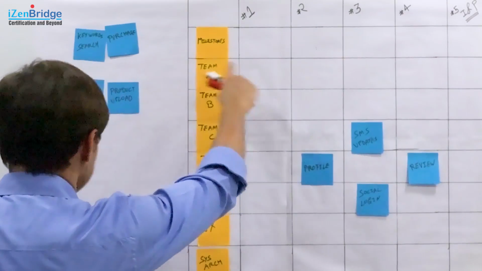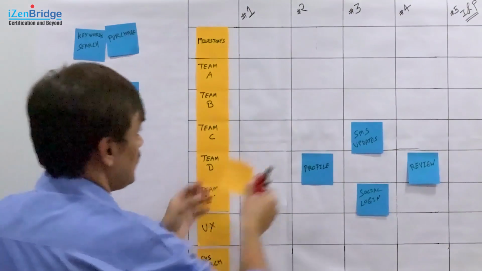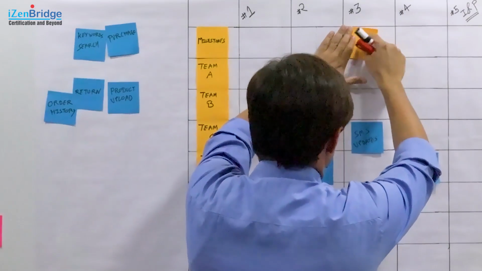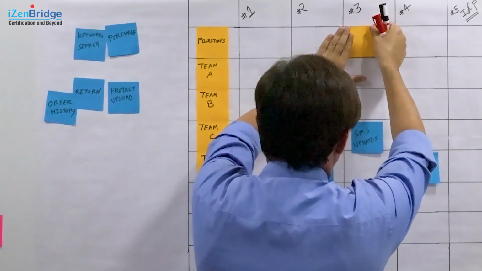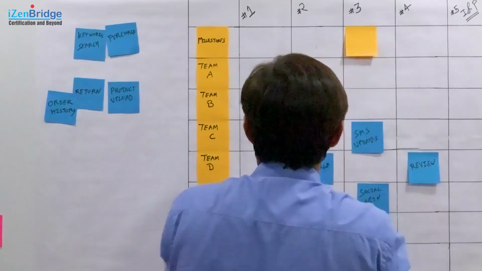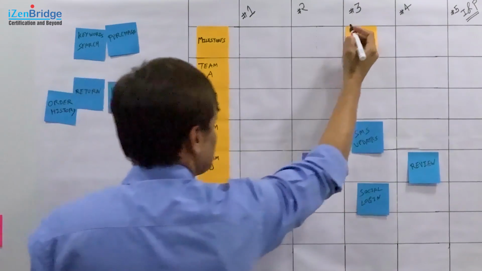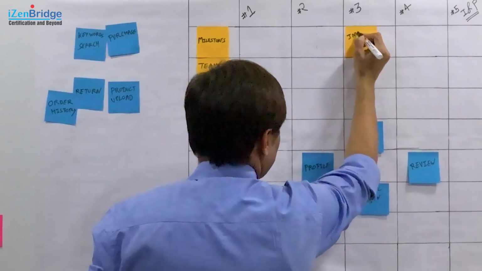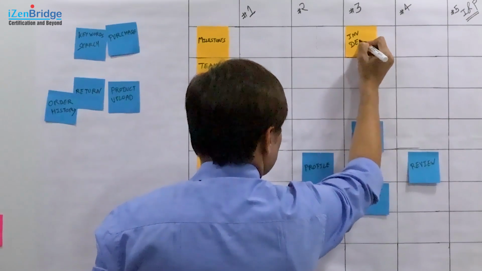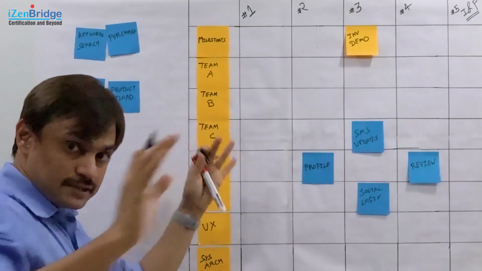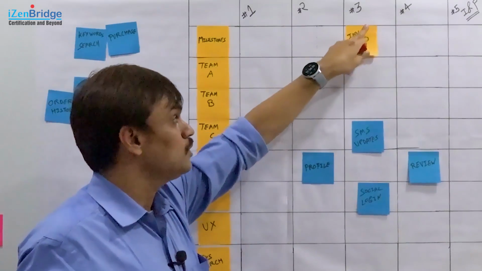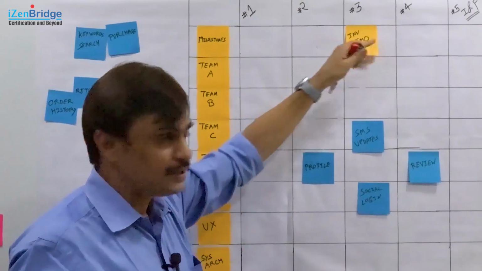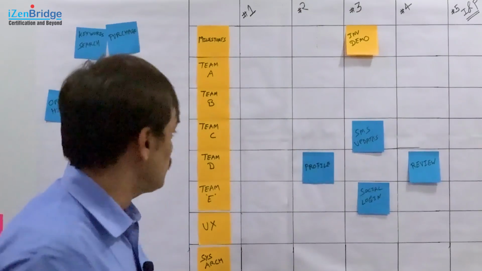In the milestone section I may say, okay, I need to probably give an investor demo, assuming that will happen in the third iteration, maybe the first week of the third iteration, and I want to have this particular milestone achieved. So, at a release train level we point out that yes, this is something which is going to happen, and it is going to happen in the third iteration.